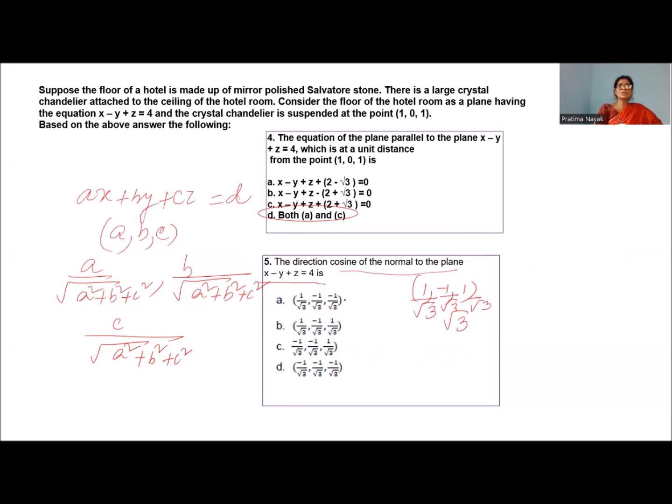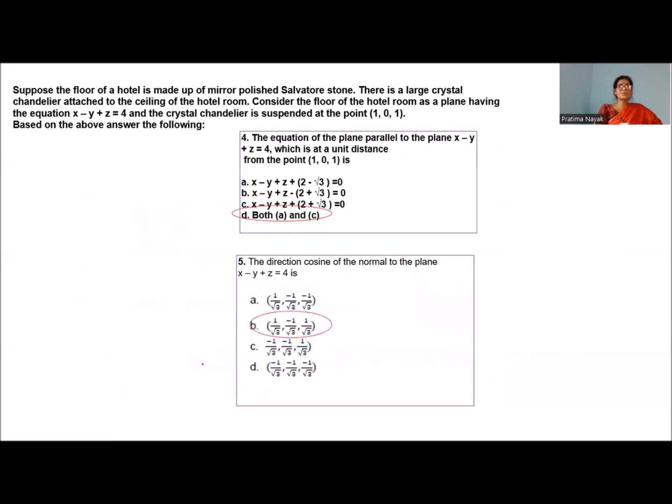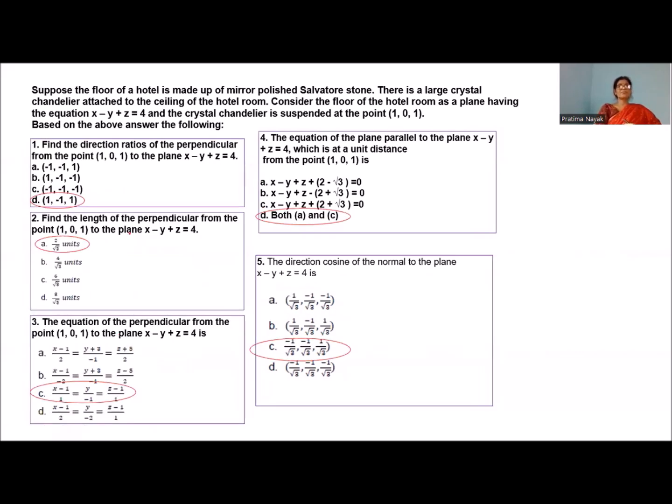So where is the answer? This is not the answer. B is the answer. Now compiling the result. Part 1, D is the answer. Part 2, A is the answer. Part 3, C is the answer. Part 4, both A and C are the answer. Part 5, B is the answer. So I hope